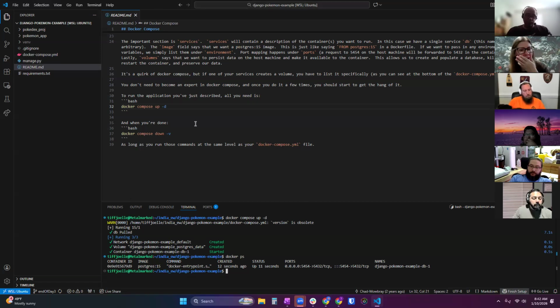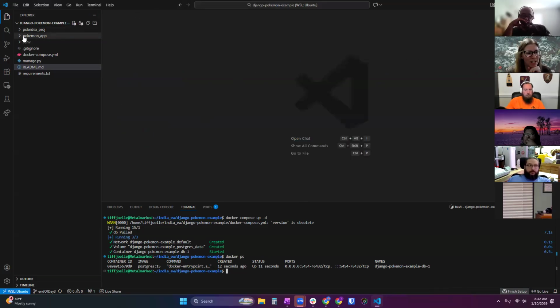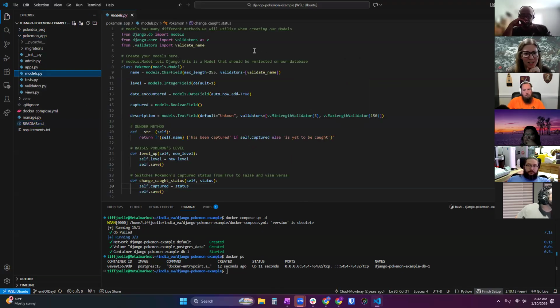Okay. So now that we have our database up and running, it is open to taking this model that we've written in Django. Now, if you didn't do docker compose down -v, then this model probably still exists within your database.